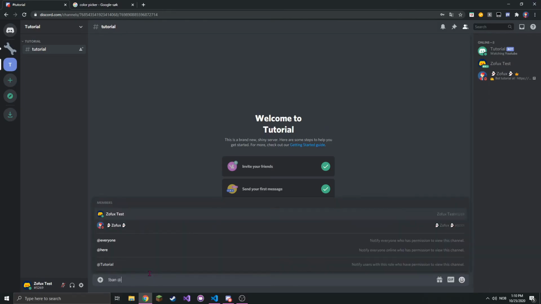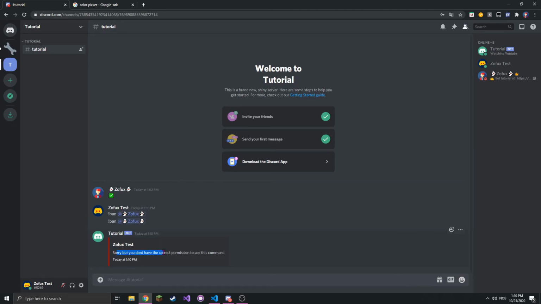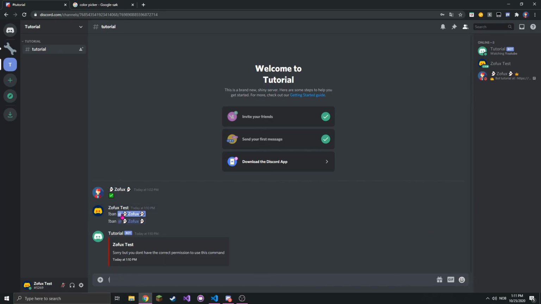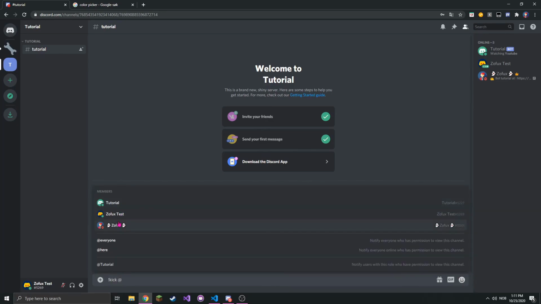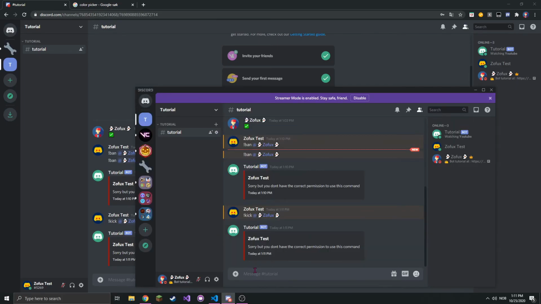Now we can see if it works. So ban. "Sorry, but you don't have the correct permissions to use this command." It's red, says my name and the timestamp. Then we can test the same thing. So if I do the kick command, I don't want to kick myself, but we want to kick that. There you go. And I can now test the kick command and ban command if I have the correct permission. So kick,